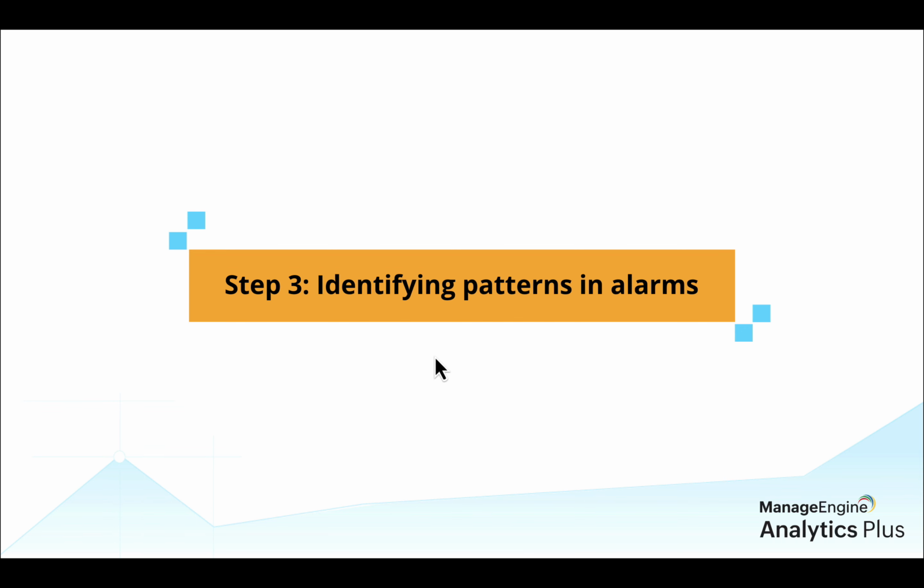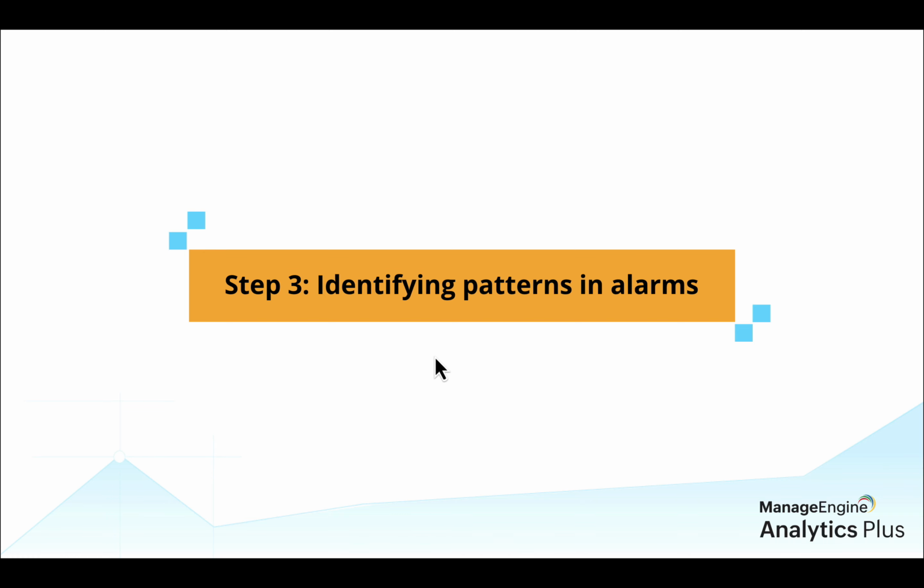The step 3 of our downtime reduction strategy involves identifying patterns in alarms. Modern-day IT operations generate a deluge of alarms on a daily basis from various components, tools, and services deployed and monitored across an organization's IT infrastructure. These alarms are indicators of several issues that can blow up and cause show-stopping business disruptions if not attended in a timely manner. So being part of an NOC team is like sitting on a time bomb that can explode